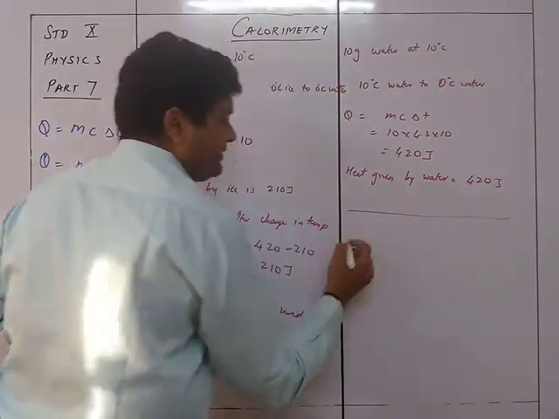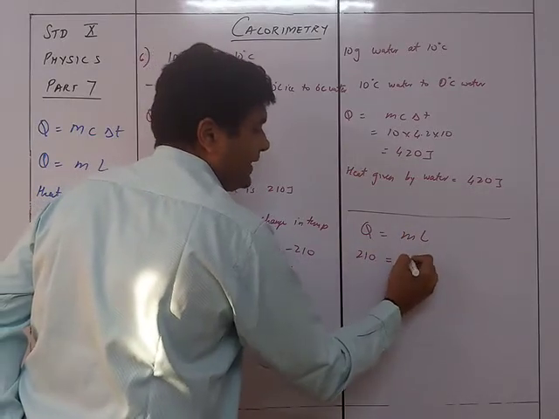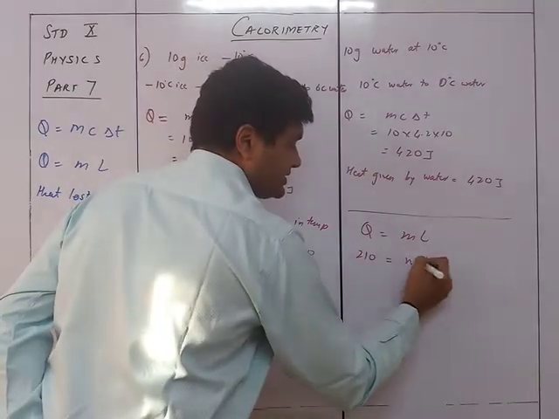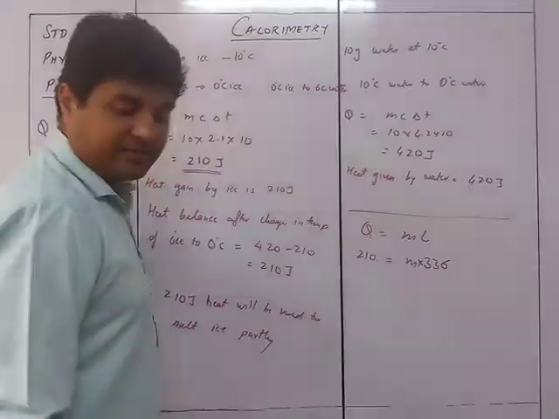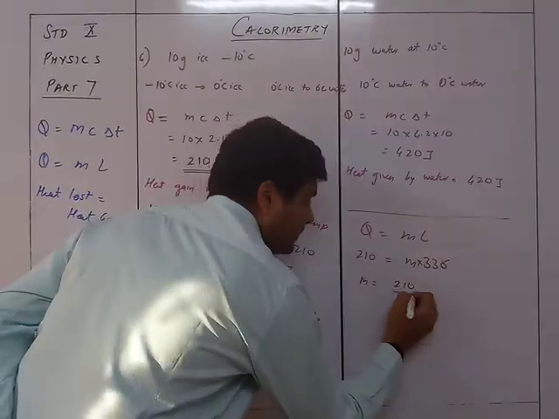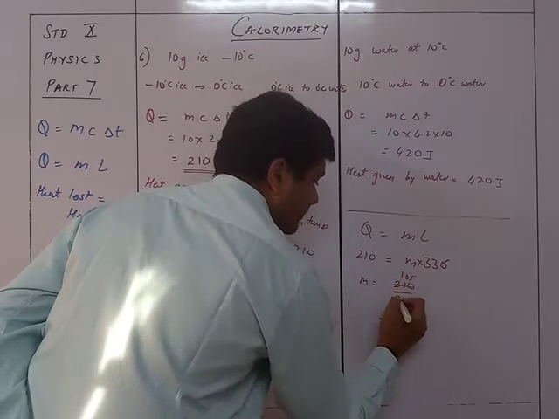So now what will happen, we see that Q is equal to M into L. We know this is 210, this is going to be M, I don't know, because how much is going to melt, I don't know, and this is 336. The latent heat is given as 336. So therefore, M will be equal to 210 upon 336. That will be 105 upon